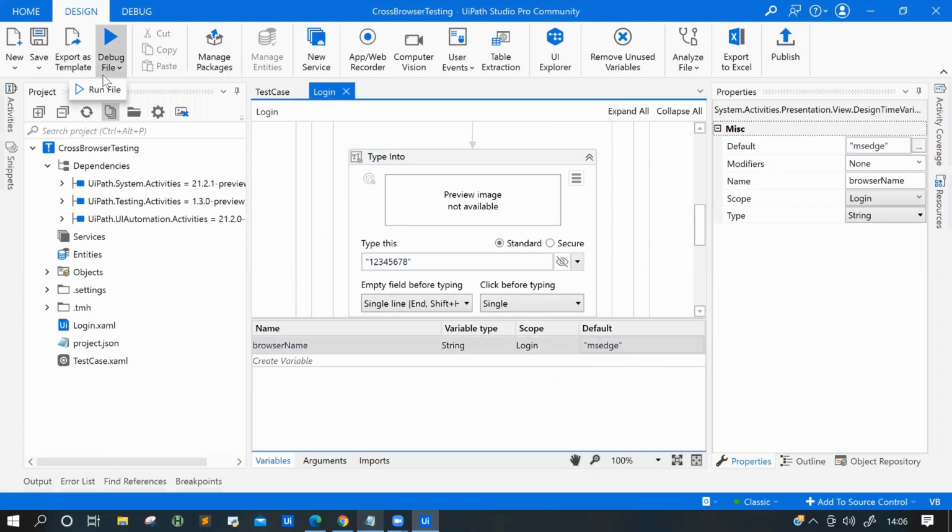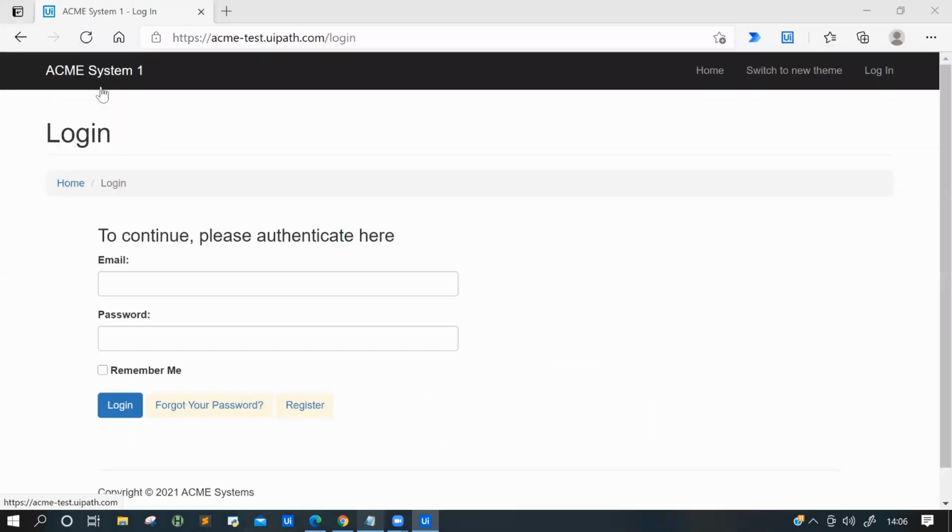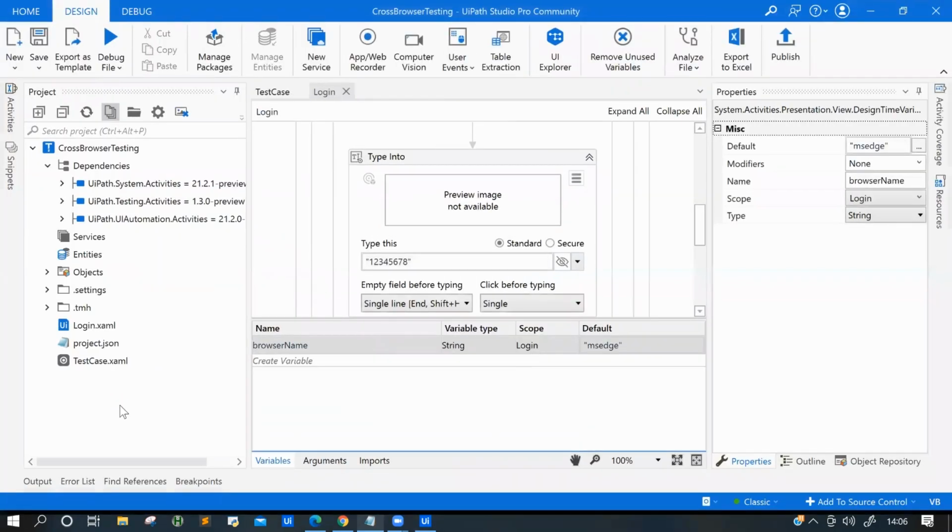Now the same script should have worked in the Edge. So it did focus on the Edge. It's typing username, password, and then login. We saw how we can create one script and test that script in multiple browsers.